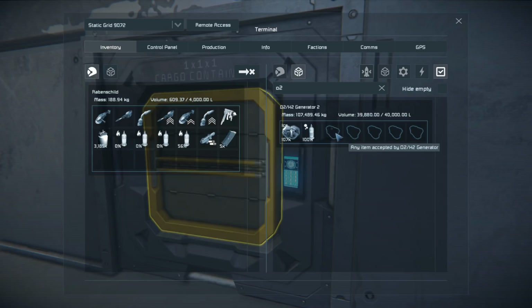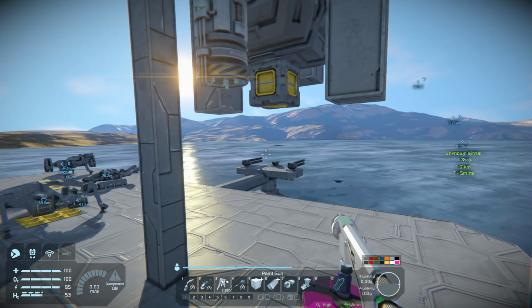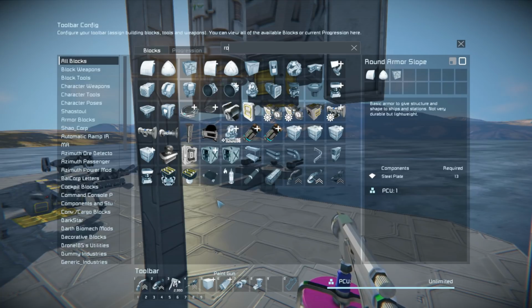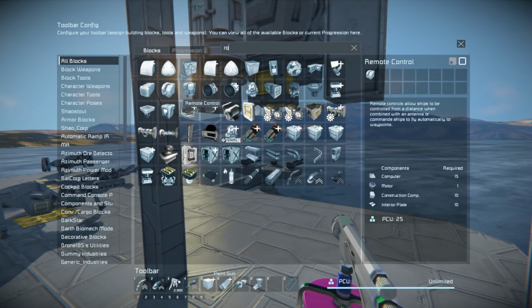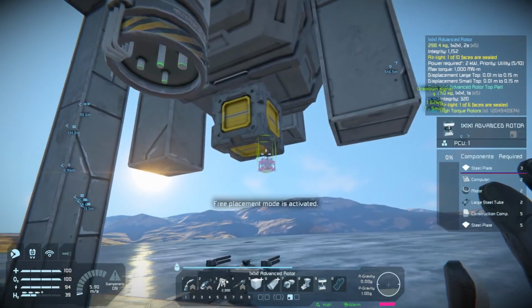So... Okay, come on. Give me a sec, I will sort that out. I also took the freedom to just remove the drills. And we need an advanced rotor here. It is... No, where is it? There it is. It is. So,